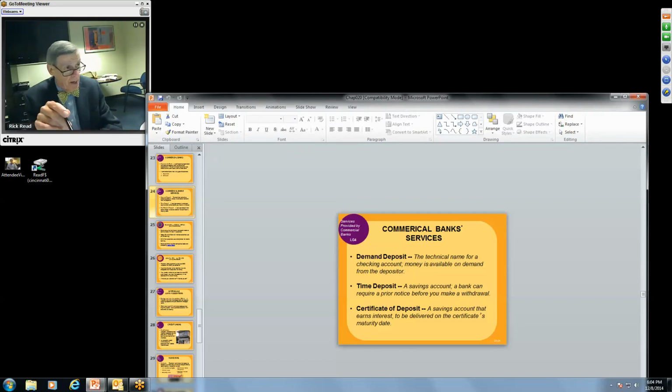And then a certificate of deposit is a timed account. You put money in for a certain period of time, and during that period of time you earn X amount of interest, whatever that interest happens to be. Now, you can take that money out before that, just like we talked about bonds before. You take that money out ahead of time, but there's a penalty you pay on that, and the penalty is you don't get a certain amount of interest.